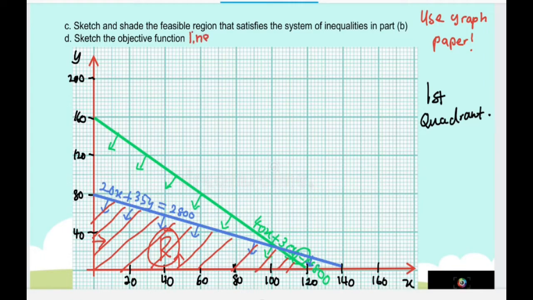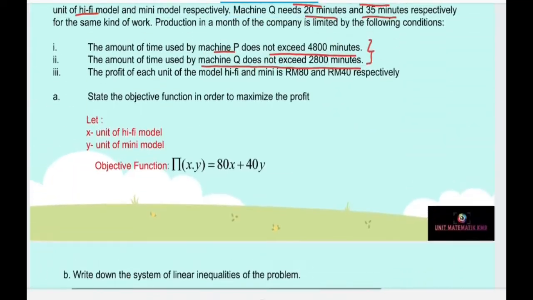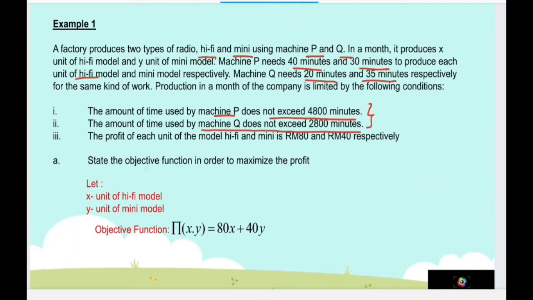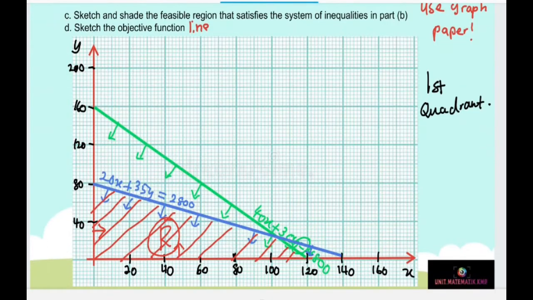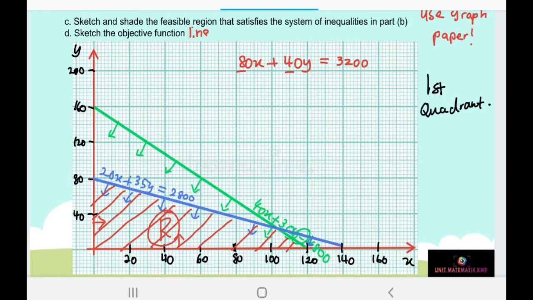Okay, so take back in question A. So we have objective function P(x, y) equals 80x plus 40y. Okay, so we got 80x plus 40y is the line, but we must equate it to something. So we just take 80 multiplied by 40, which equals 3200. Okay, and then as usual,